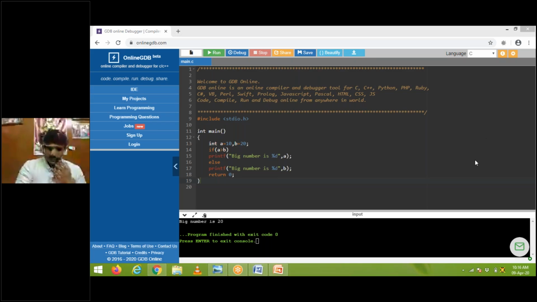5B4 asked the question, can we use it on our smartphone, sir? Yes, you can also run these programs in your web browser, like Google Chrome. Using the Chrome app, you can run the website onlinegdb.com. You can also type the programs. By using the Google Chrome app, you can run the programs on your mobile also.